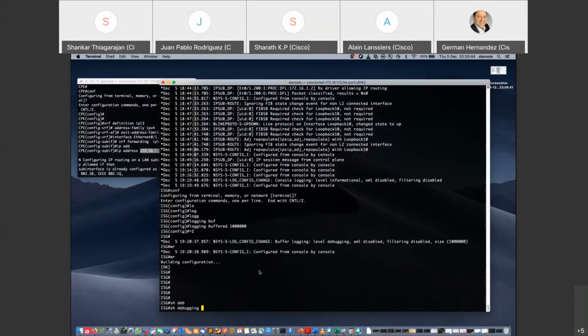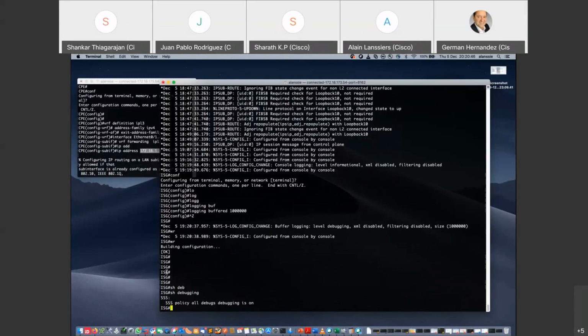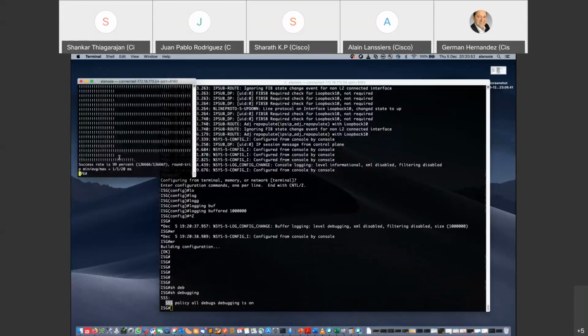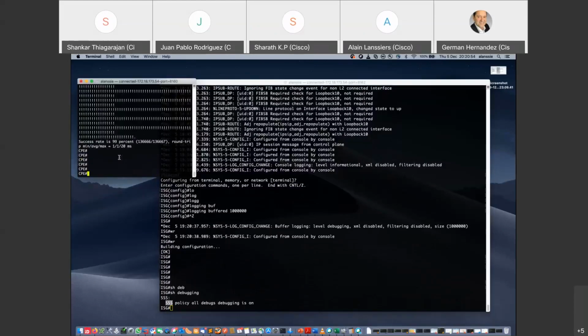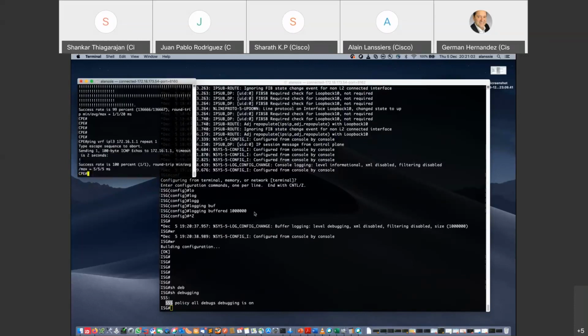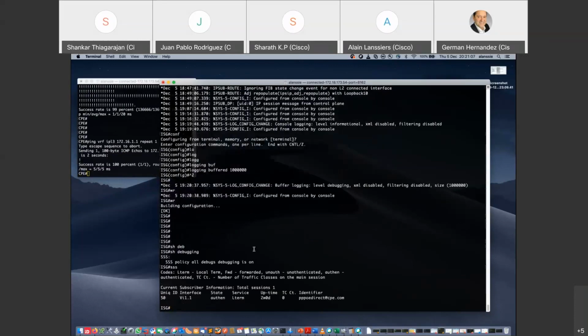Show debug is running, and you see there's still some reference to SSS. That was the code before, so it's the same. So let's see if I do a ping, and this time I will not repeat it that many times because eventually a ping 1 would work. So it should create it. Obviously, there's nothing about that subscriber. If I do show log,